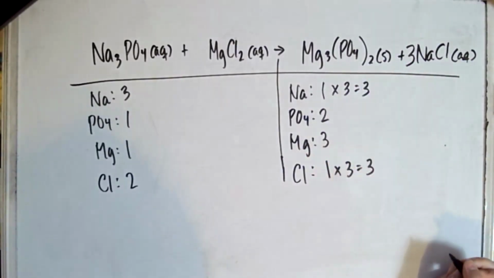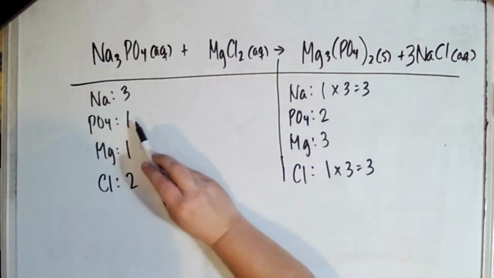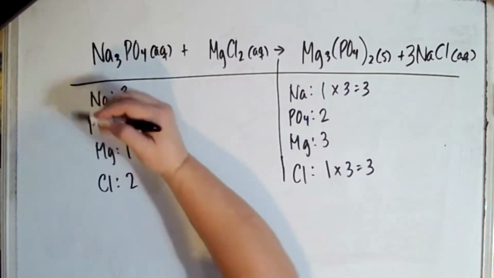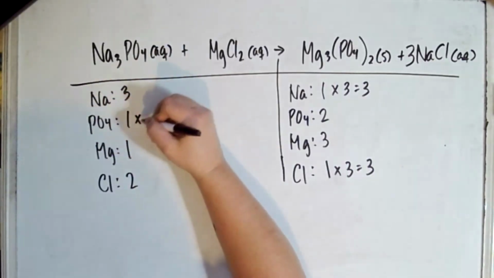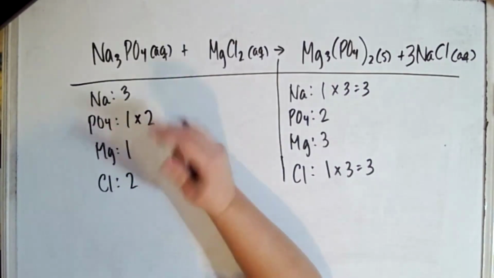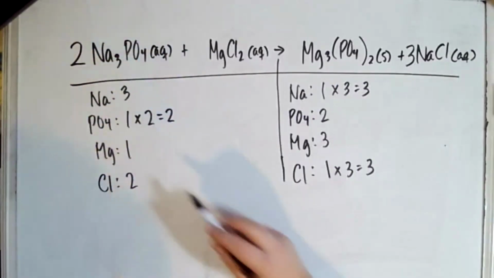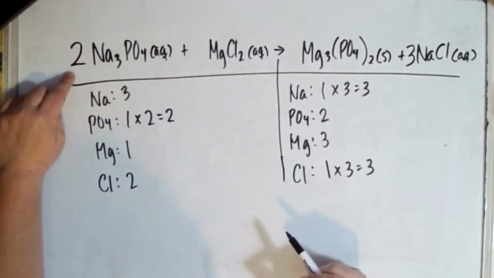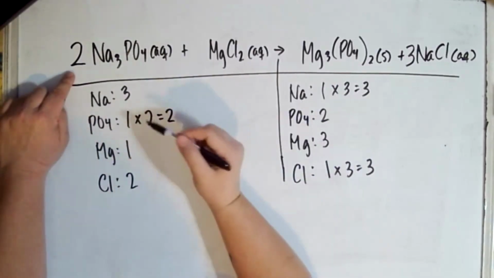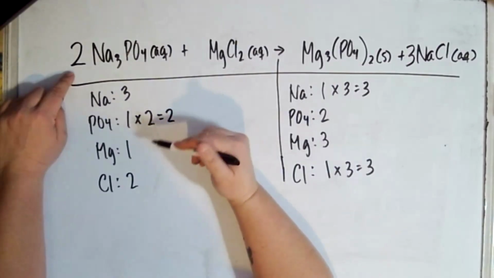All right. I'll move on to my next one. I've got 2 phosphates here. I have 1 phosphate here. So I'm going to need to multiply my phosphate by 2, which means I'll have to put a 2 in front of my Na3PO4. Now, what happens here, and this is something that will happen when you balance reactions, is that